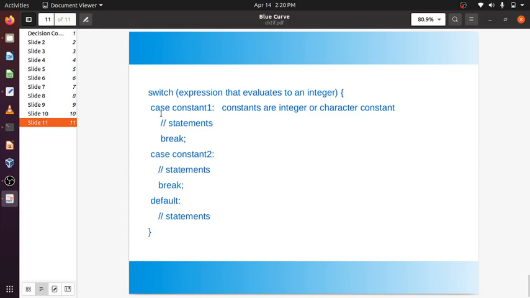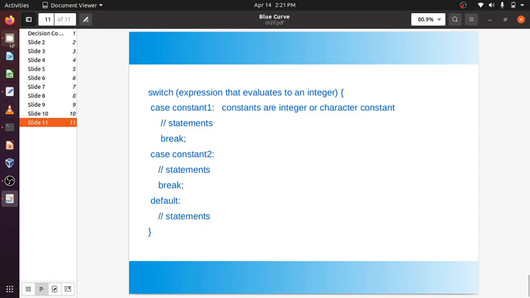Because the moment one case evaluates to true, suppose case 5 is satisfied, the value of x we supplied evaluates to 5, then the whole statement group in case 5 will be executed. After that, case 6 will also execute, 7 will also execute, if no break statement is there. Until control finds a break statement, it will go on executing, till a break statement is encountered. So a break has to be given after each and every case.